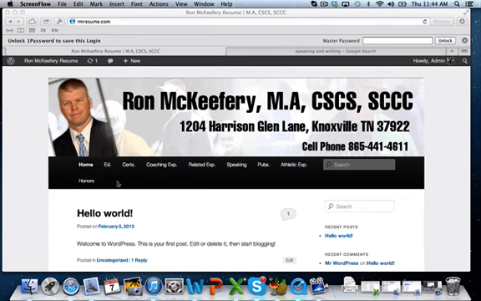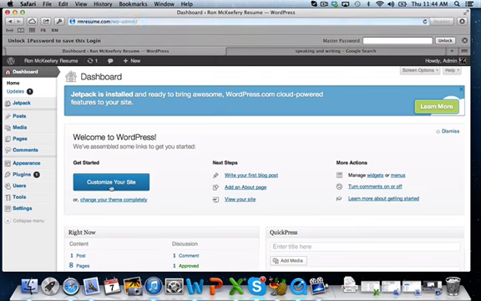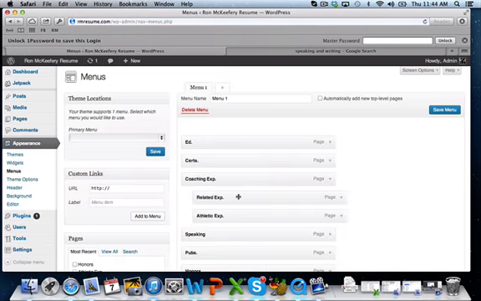Another thing you can do is you can combine these into areas, which is what I'm going to show you how to do. So I go to the back end. I want to go to appearance, and then I want to go to menus. Okay. Now,